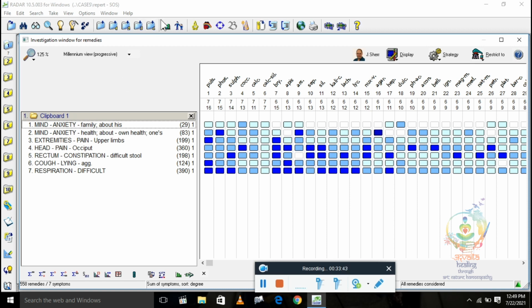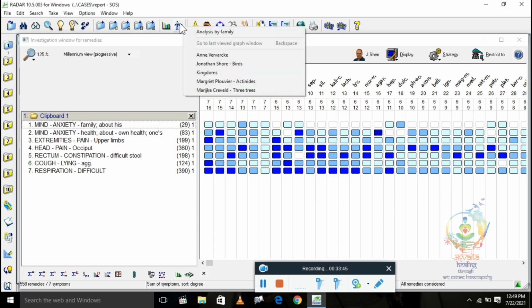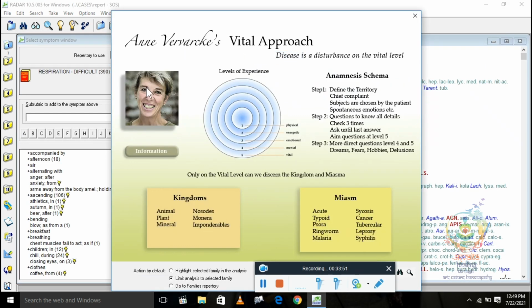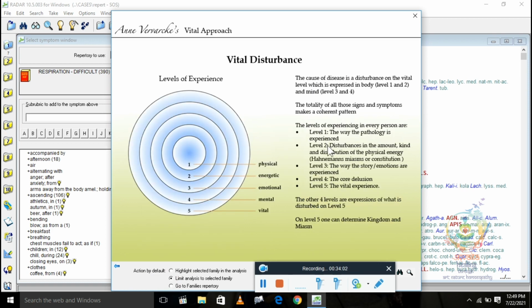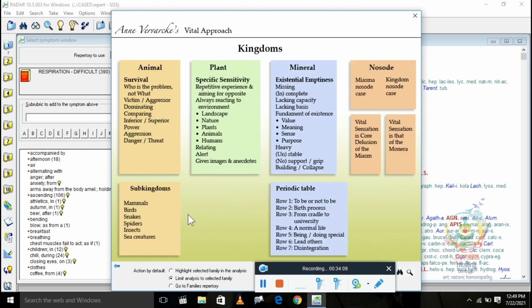Now let's see another feature in this, analysis by family by Anna Warburg. See here, the vital approach by Dr. Anna. If you want to read about level of experience, you can read about it here, or you want to read about a particular kingdom, you can read.